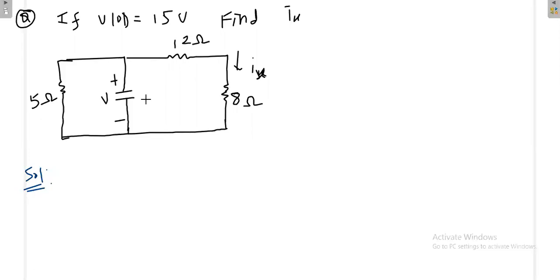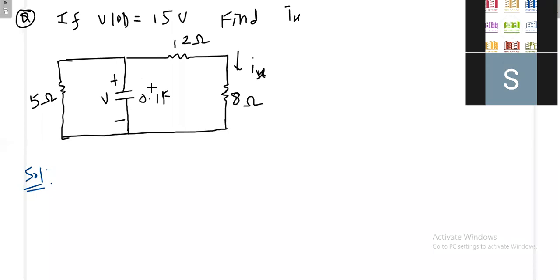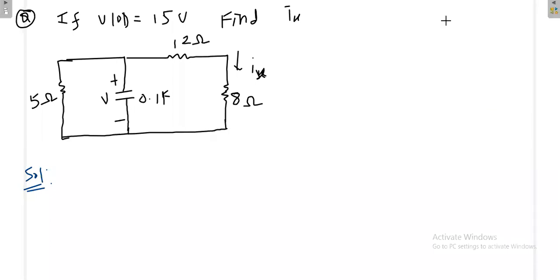Because it is like a source free circuit, definitely the response will decay because it has some initial voltage. That voltage will keep on decreasing because once we connect the resistance, the current will flow across this branch. As soon as the current flows, the charge present in the capacitor will decrease, then finally the voltage will decrease, finally the current also will decrease. Ultimately voltage, charge, current, power, energy, everything will be zero.